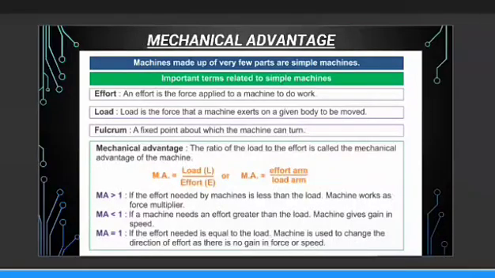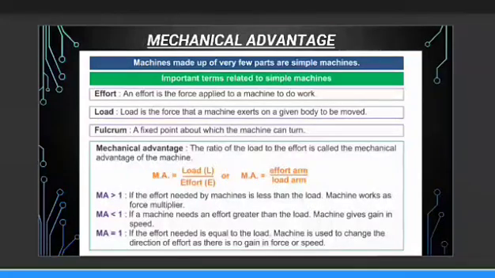The force which I am applying is called effort. Effort is the force applied on a machine, and load is a force which a machine has to overcome. In my example, when I am drawing water, there is a pulley. The pulley is a simple machine, the bucket is the load, and the force which I am applying is called effort. What is the fulcrum? Fulcrum is a point about which a machine can turn. This we did in the first chapter as well.